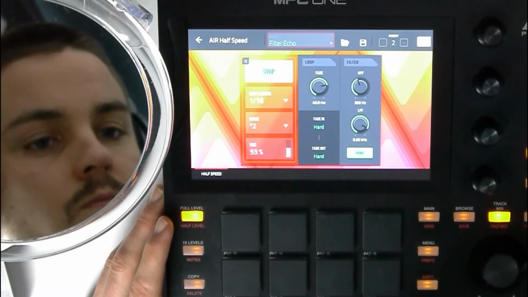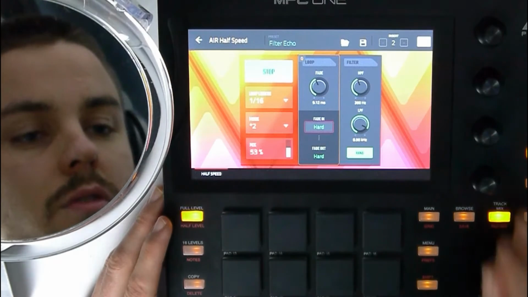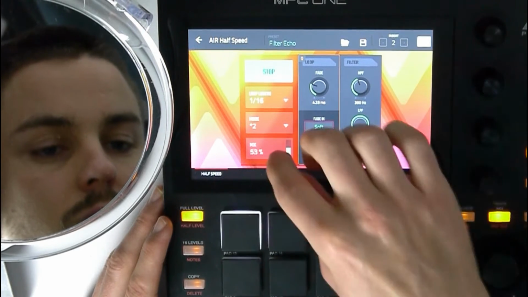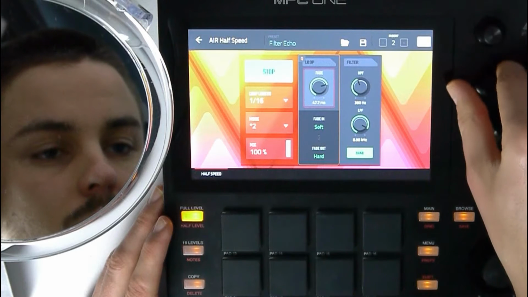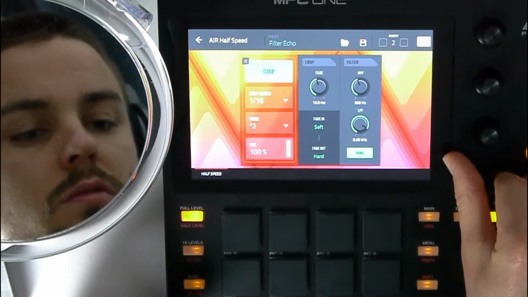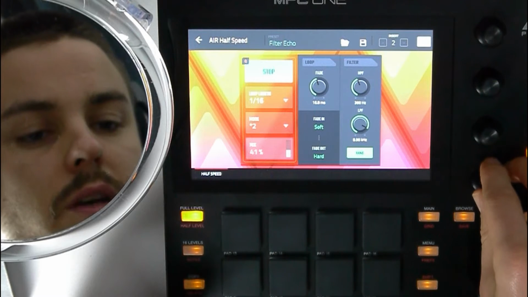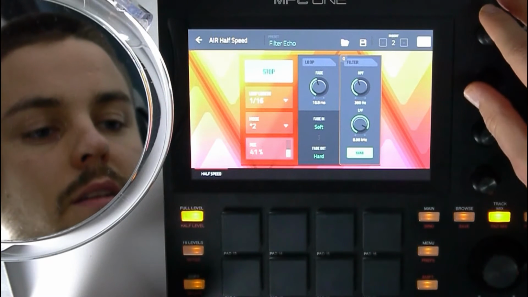Let's go to filter echo, the preset. But let's make it mix at 40%. Let's make the filter